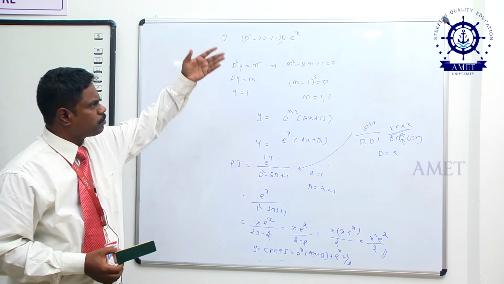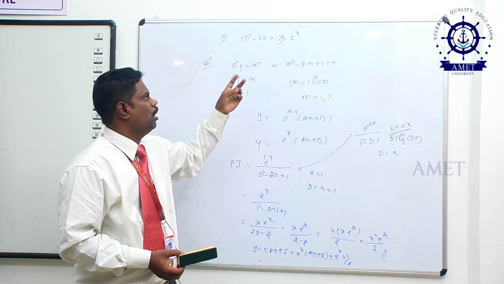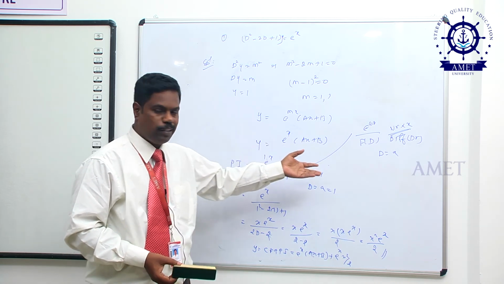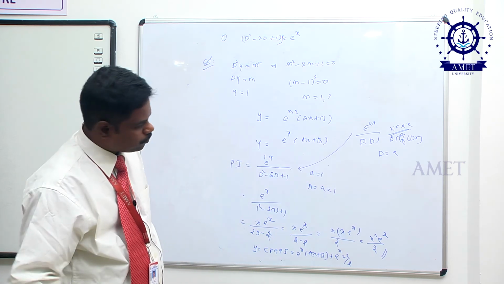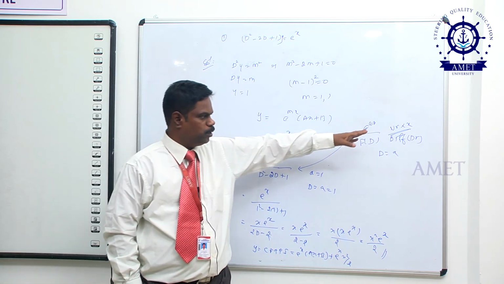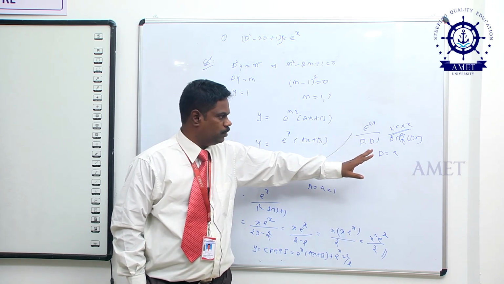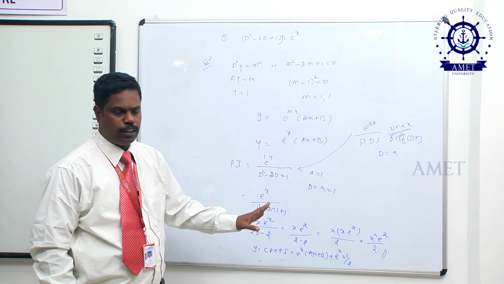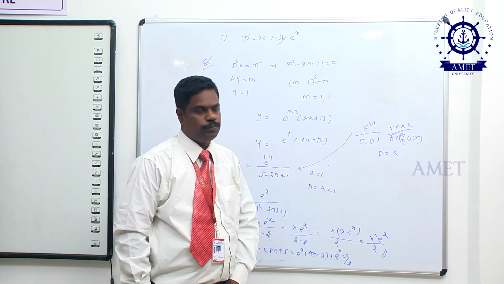The next one, the right hand side. So far we have seen that the right hand side is 0, then the exponential part. In this exponential part there are two cases. The cases may be f of D denominator is not equal to 0 and denominator equal to 0. If the denominator equals 0, what do you have to do? The numerator is multiplied by x and differentiate the denominator. Again the same process, again if it is 0, continue the same process till f of a is not equal to 0.